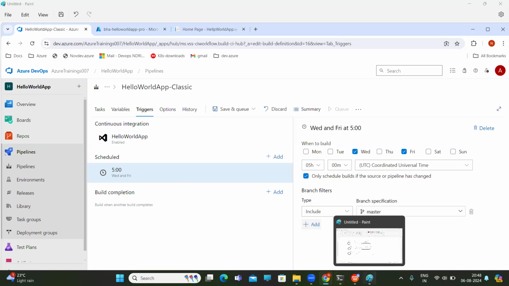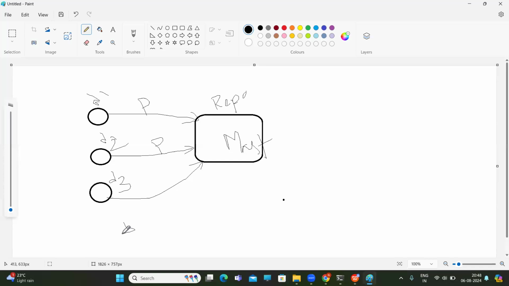This is the case. Assume you have 50 developers and everyone will do pushes. I don't want to run 50 times 3, for example in 3 days, so it will be 150 runs. Do I really need 150 runs? No, definitely not required. In real time, there is a systematic way of executing this. There will be proper schedules, coordinating with teams. If there are 1 or 2 developers on a small project, let's go ahead and run it for every